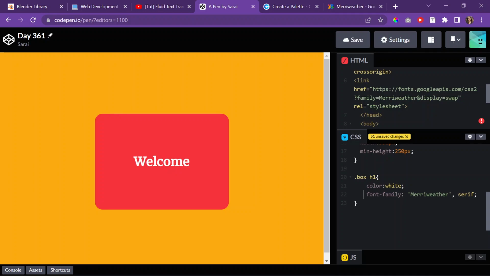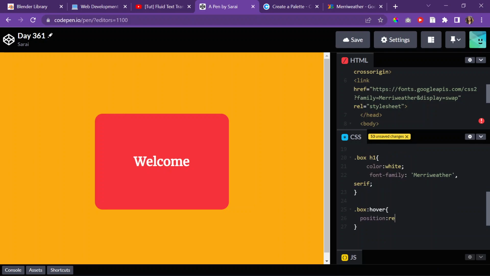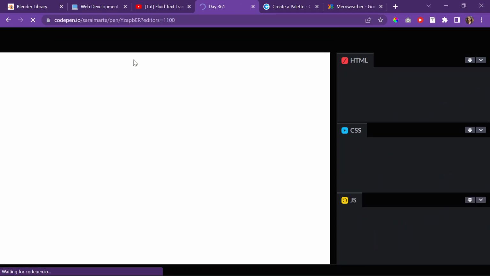Okay. Now, I want to do like a hover effect, so when I hover over the box, I want it to move relative to its previous position from the top -2 pixels. So now when I hover over it, it moves -2 pixels. Okay, save that, and